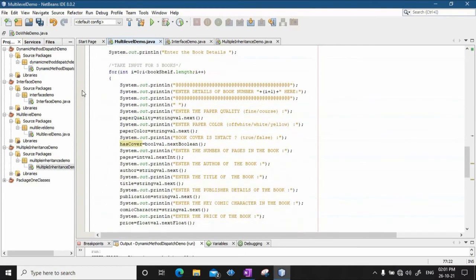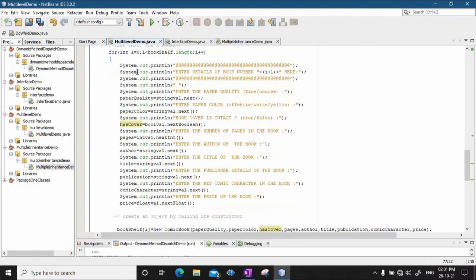So, int i equal to 0, i less than bookshelf dot length. The length is 3, that means there are 3 elements in the bookshelf array, and i is less than 3 is true. So, it will come here and print on the computer screen, enter the details of book number, i is currently 0, so basically it will say enter the details of book number 1.